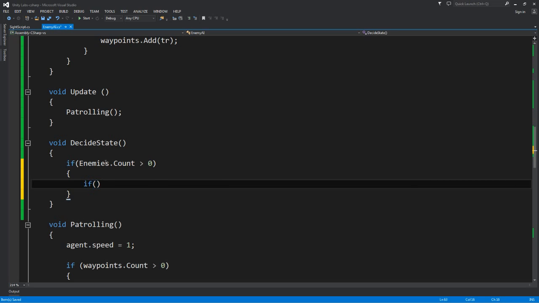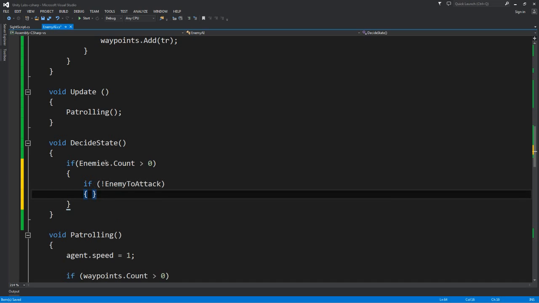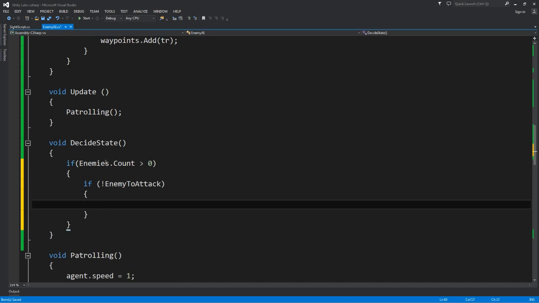But if we don't have an enemy to attack, so we're not attacking an enemy, then for each game object, which I'm going to call EGO, standing for enemy game object, in enemies,